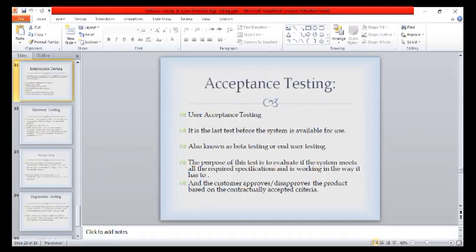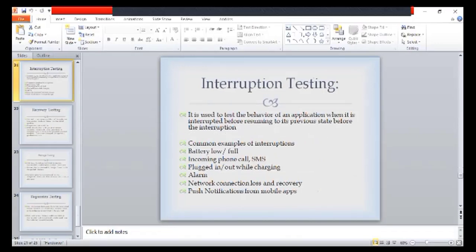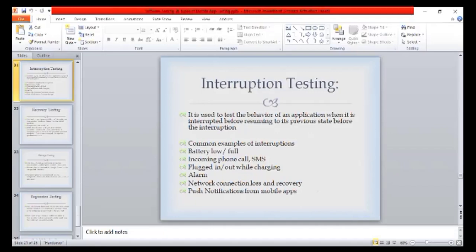And next is interruption testing. This is used to test how the application behaves under certain scenarios, like when the battery is low. Suppose this learner app is a mobile application, right? So when our battery is low, how is our application behaving, and when we are getting incoming calls, are we able to get the calls over our app, or is it not permitting it?